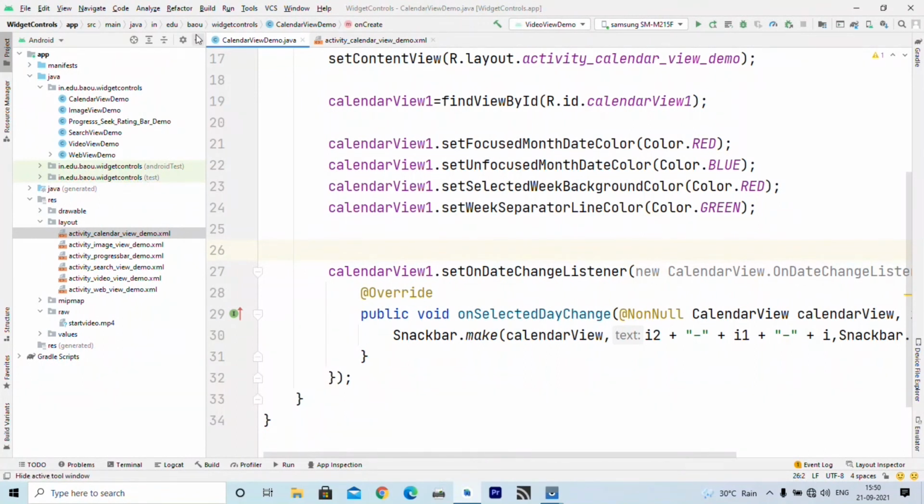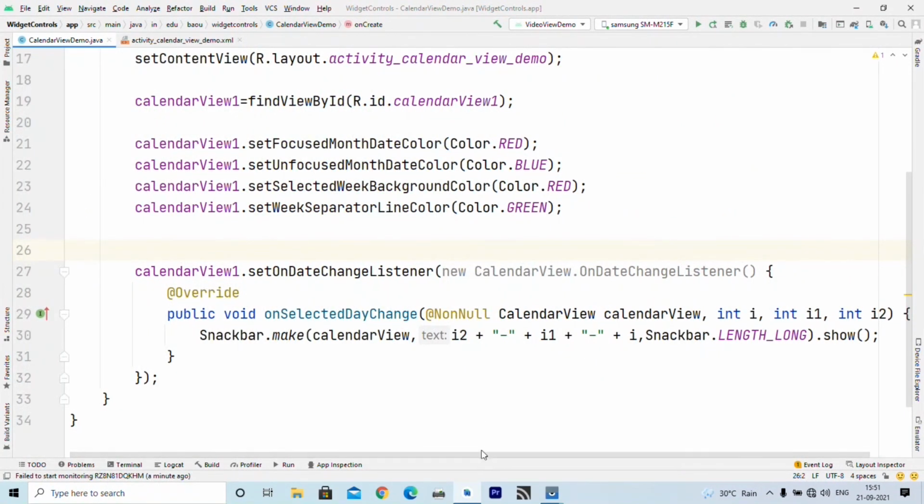Now we have already discussed snack bar. Snack bar displays at the bottom of the screen. The first argument is view, that you get here as the first argument. The second argument is year, the third argument is month, which is selected by the user, and the last one is the date selected by the user.